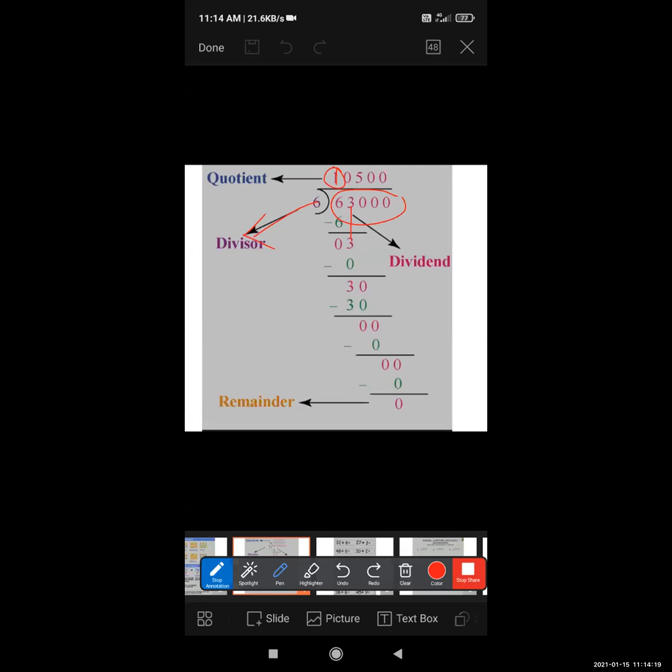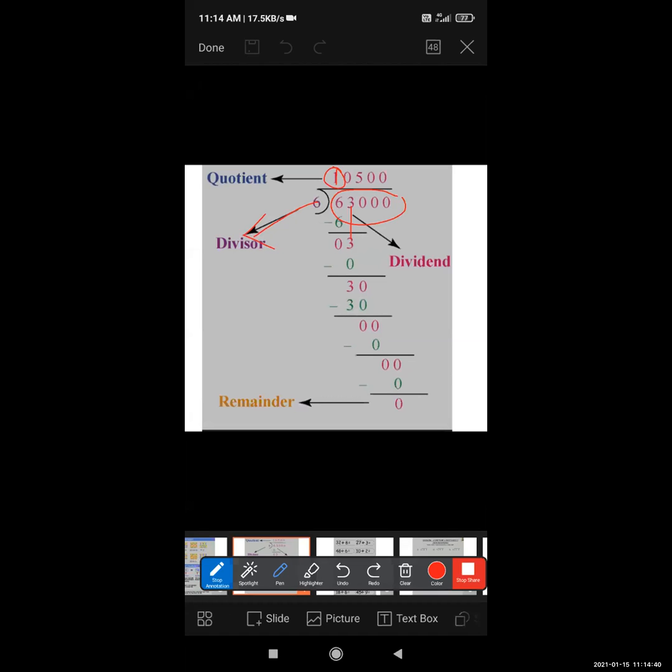When you are solving in the exam, at that time you will get confused. Dividend is small and divisor is big. So what to do? How to divide? So don't get confused. At that time you want to take out the 0 there. So 0 take. Afterwards 0 3, that means 6 minus 6, 0. 3 you want to take downside.